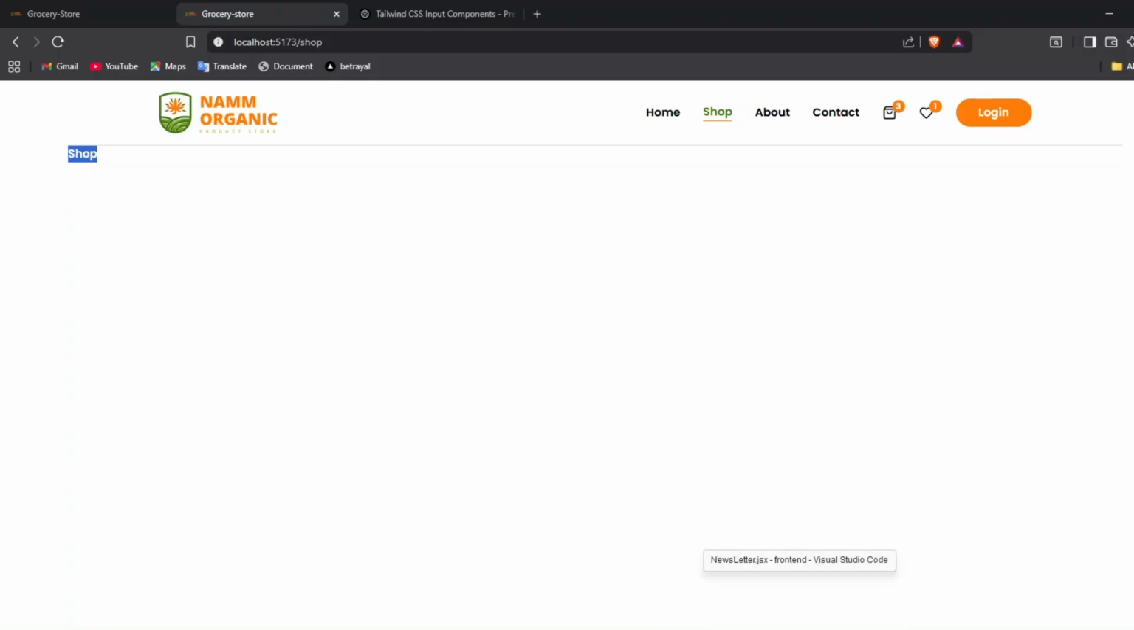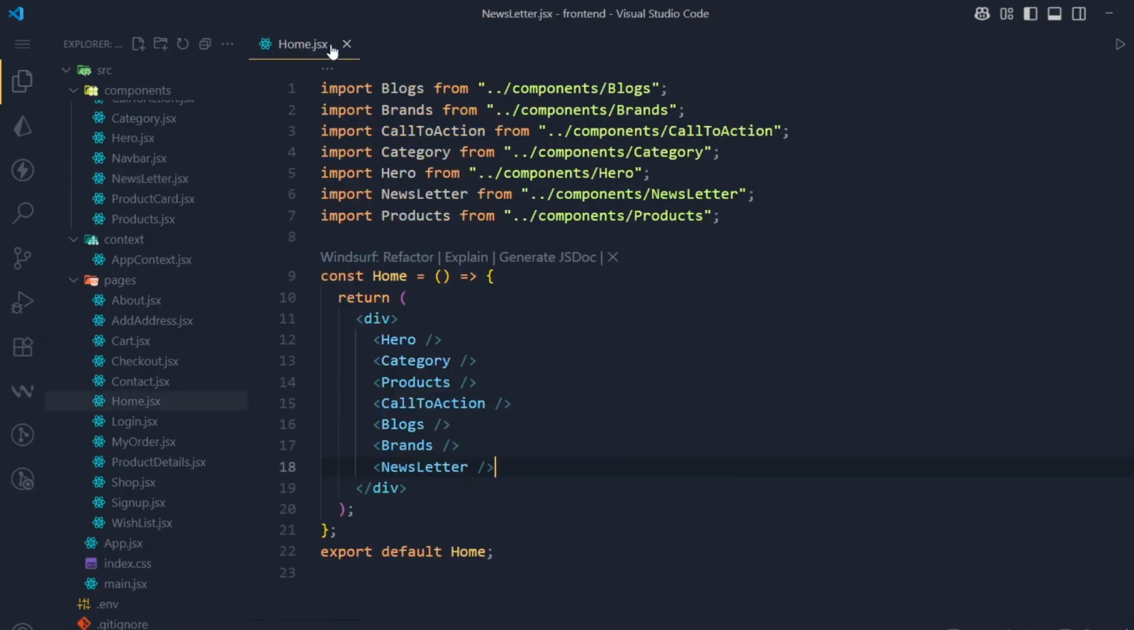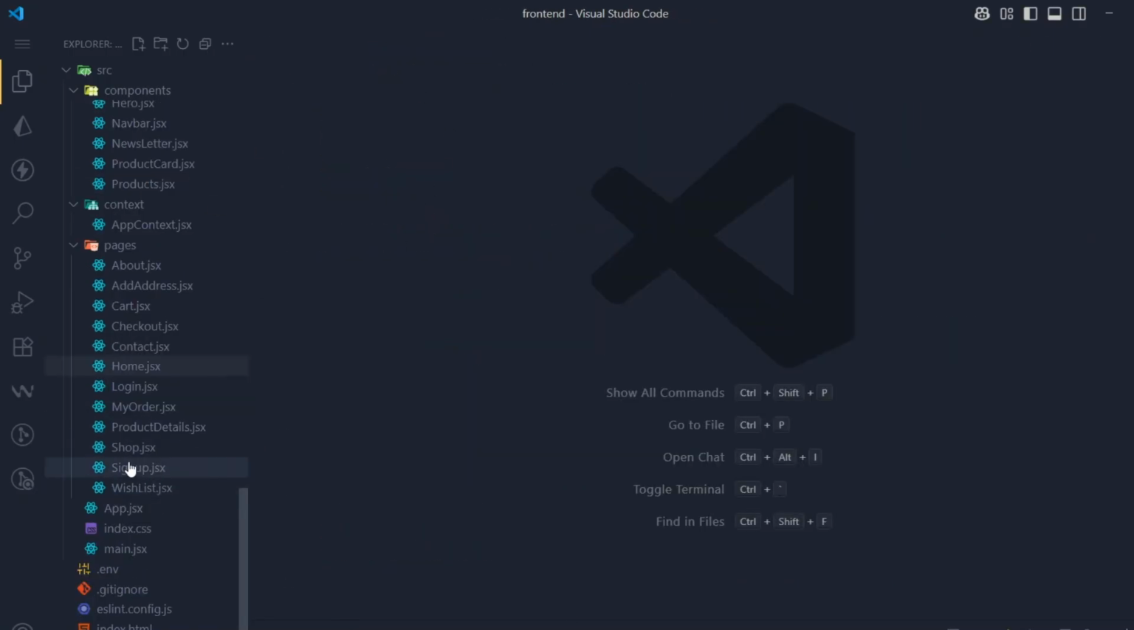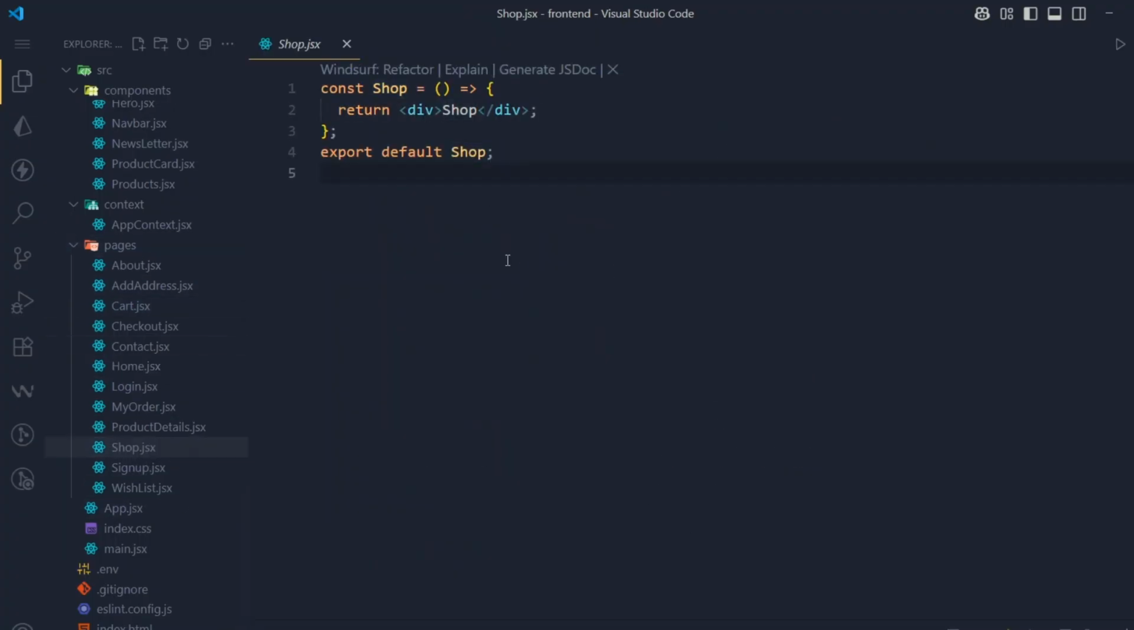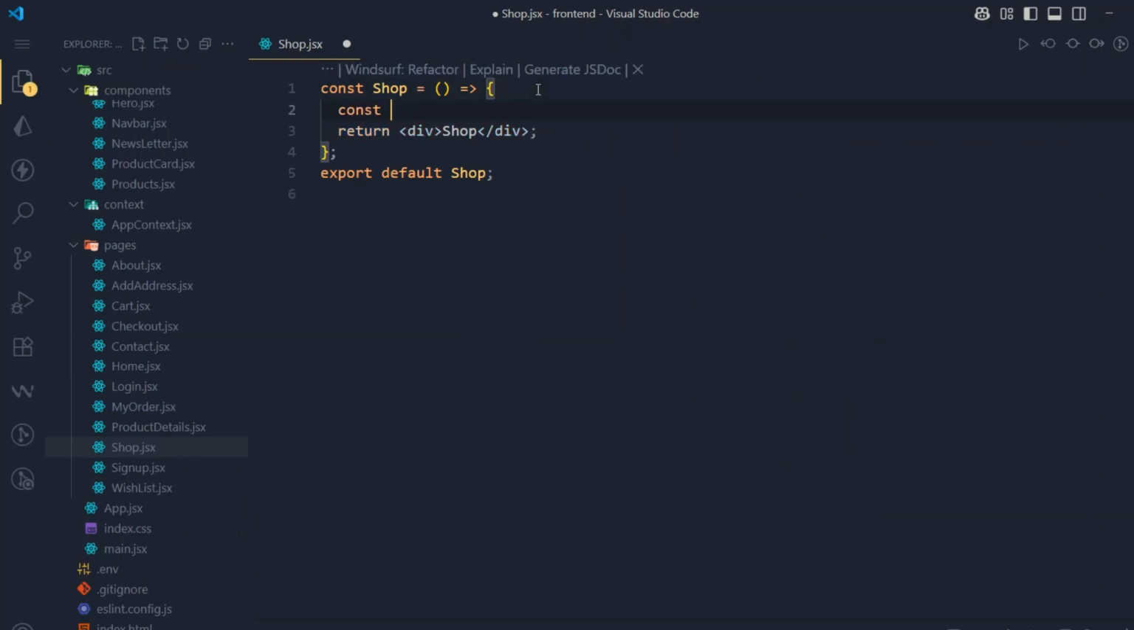Now go in VS Code. I'm going to close all this. Then here we have a shop.jsx. This is our shop page. So what we need to do is get our products data